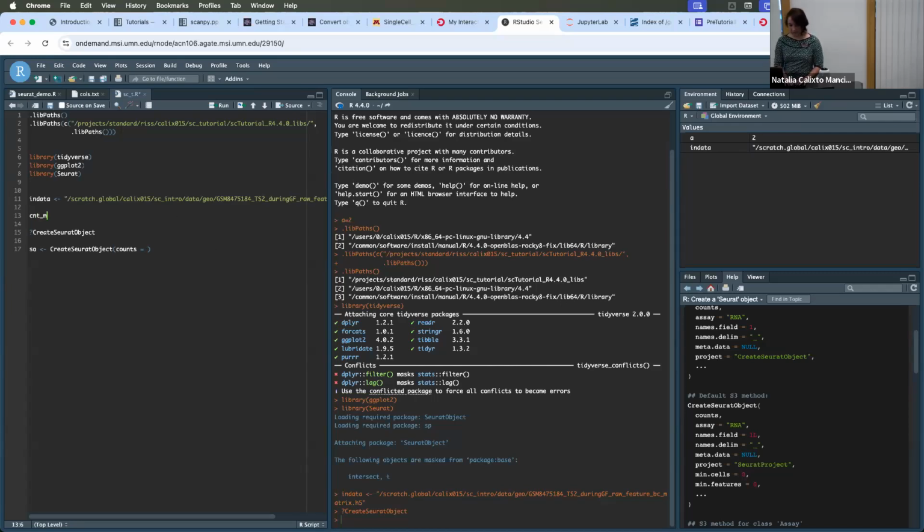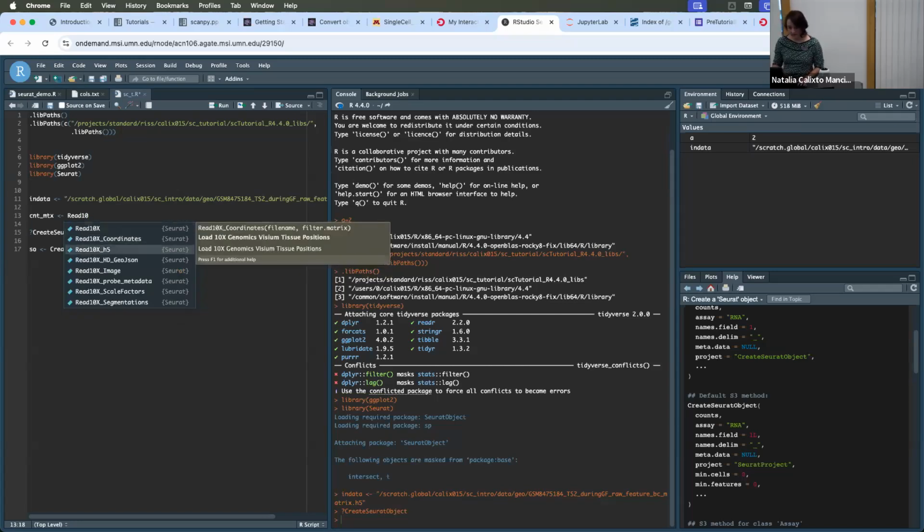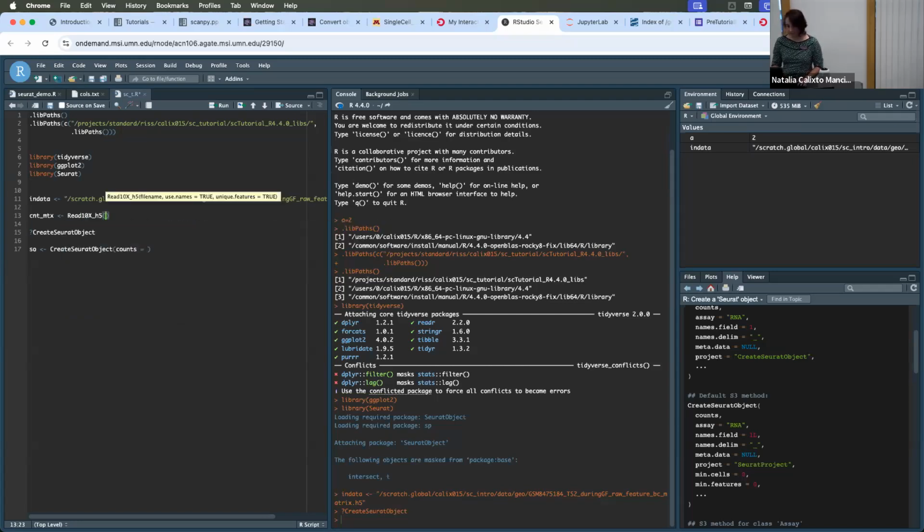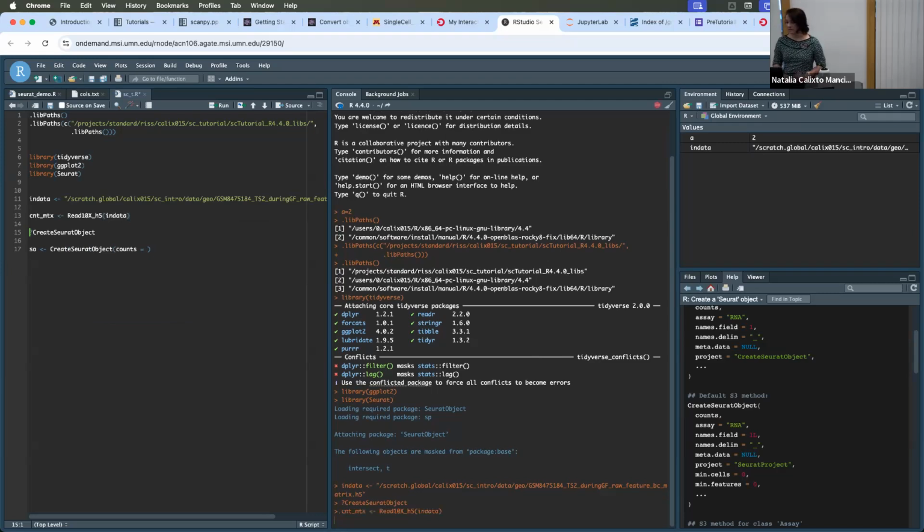So a counts matrix is the read 10x H5 and in data, which is the path. You read whatever is there, which is the data from Geo, and store it in a variable called counts matrix, which we can just look at